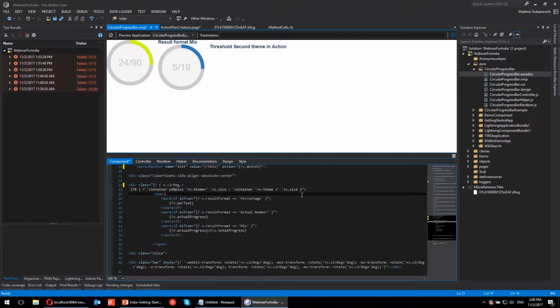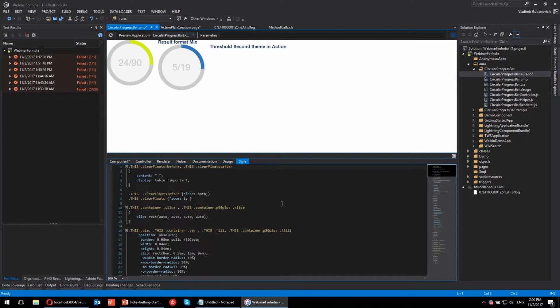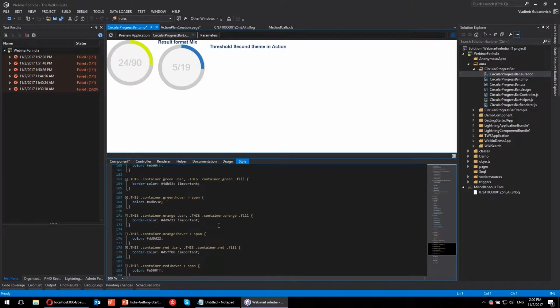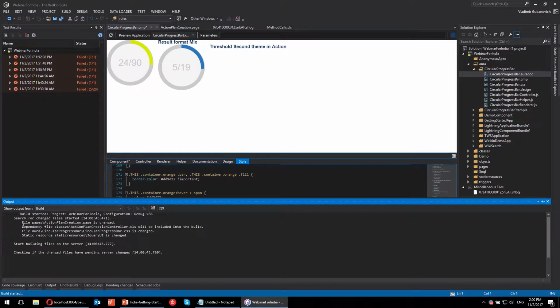Great. What is the refresh button at the top? Shall I click it all the time? No, of course not. The IDE is pretty smart, and once we detect any changes in your Lightning application, we will automatically refresh the Lightning previewer with the actual result. Let me make a change here. I would like to change this bar color from orange to red. So I will go to the style, select the color from a pick list, save the changes, press F5, and you can see that the IDE will